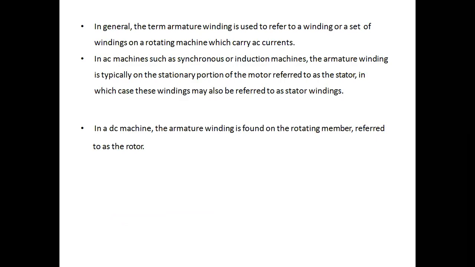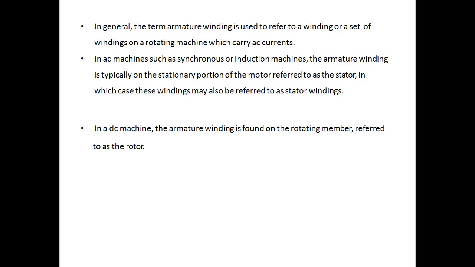So here we say in general the armature winding is used to refer to the winding, or it will consist of a set of windings. So when this winding on the rotating machine carries current, when we give the power supply, we are saying according to Faraday's law, we will get the EMF and current will start to flow through this rotating machine. So in AC machines such as synchronous or induction machines, what we are saying is in the AC machine such as synchronous or the induction machine, which will be our